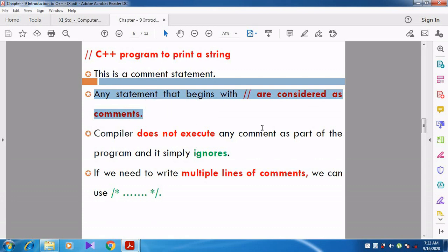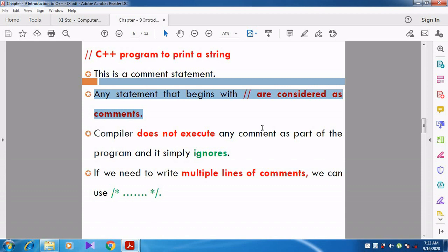Whenever we have some statements that should not be executed, we can make them a comment. We can use double slash. That is called a single line comment.